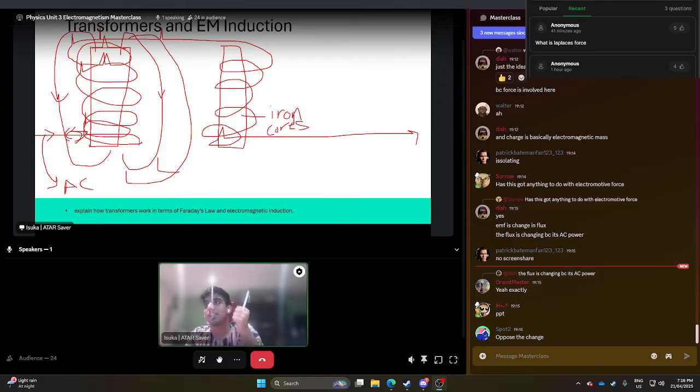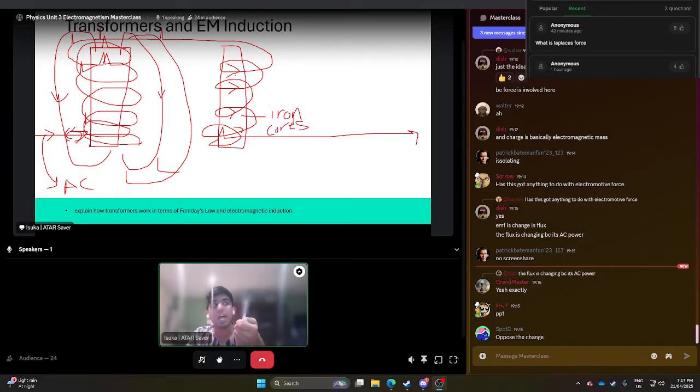Faraday's law is that an EMF is induced in a conductor when the magnetic flux through the circuit changes. Because of the AC current, the magnetic field is changing, so the magnetic flux is changing. When you have a changing magnetic flux, it affects the coils in here and induces that current into here. Do you see how that works? Because of Faraday's law, that change in magnetic flux can induce a current all the way here. These are not even connected, but that change in magnetic flux can create a current